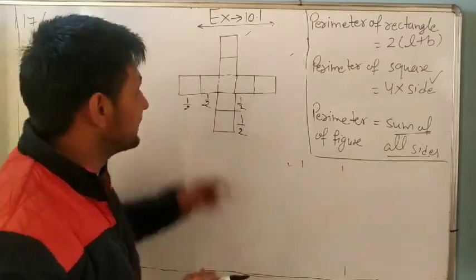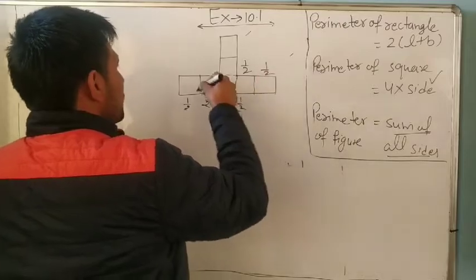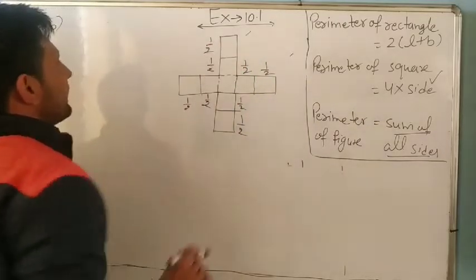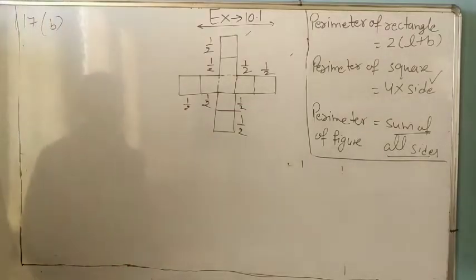Yes. Because it is a square and each side is 1 by 2. It is also 1 by 2, 1 by 2. And here 1 by 2 and it is also 1 by 2. So we have to find the total length. Understand? So write